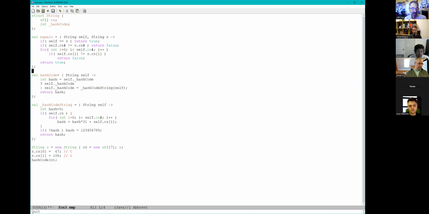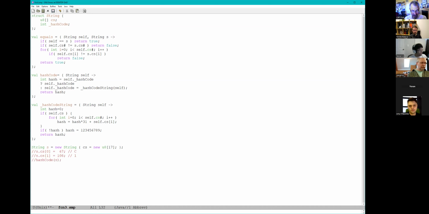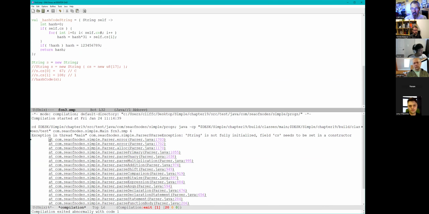And I'm up to this thing where all these three functions have been pulled out. I have several things I wanted to show here because people asked. One of the things going on is I do in fact know that the car array CS is not null. If you look at the error message, it says string is not fully initialized, field CS needs to be set.